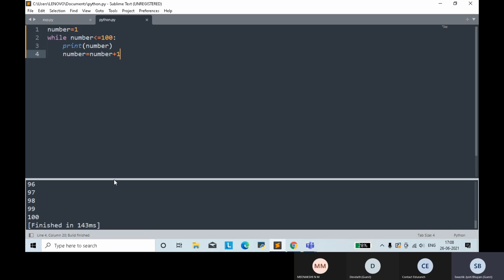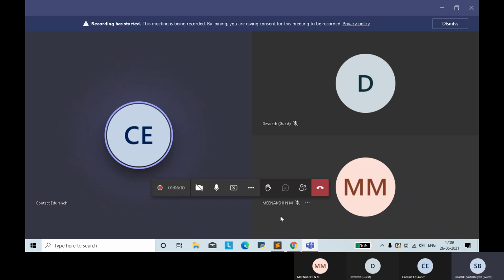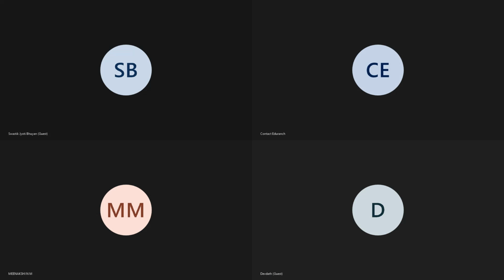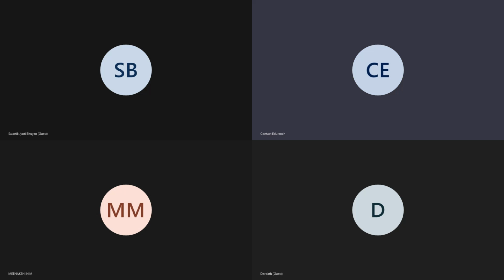Yes, sir. Okay, good. Now write the same thing in a for loop. Meenakshi, you are done. Show me. Meenakshi, show me your screen.